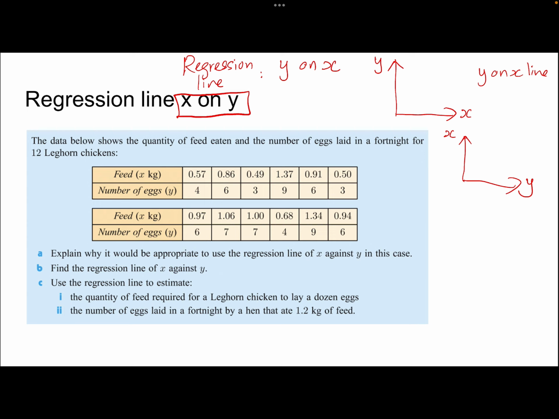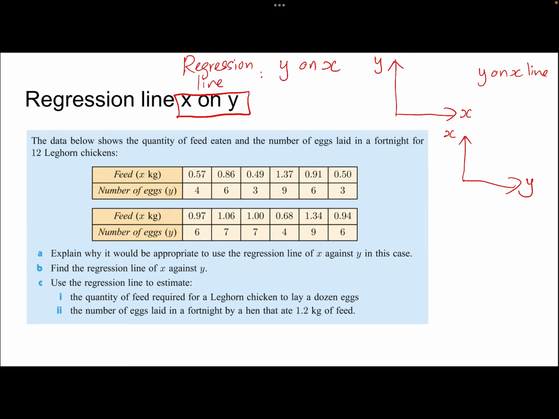I'm not saying that it could be applied all the time, but it really depends on the nature of the question as well. Now, let's look at this and really get down to the bottom of this. We do have two sets of data, which is the feed eaten by 12 chickens and the number of eggs that's laid by the chickens. Now, if you think about this logically,